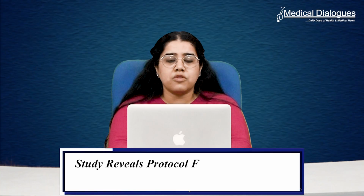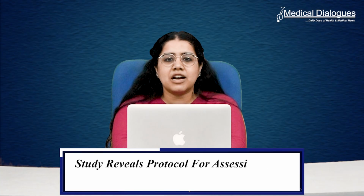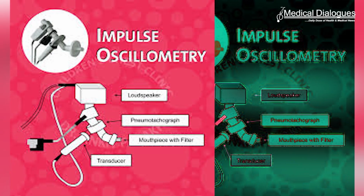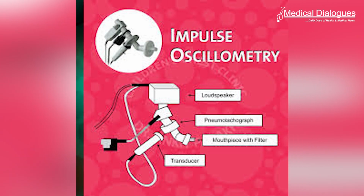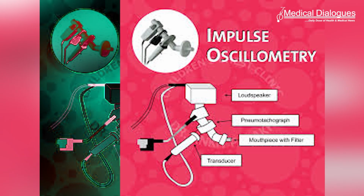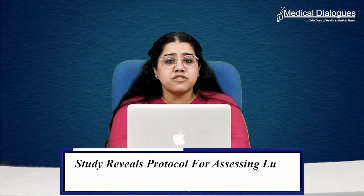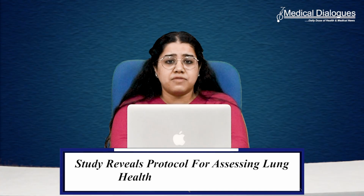Study reveals protocol for assessing lung health in preterm infants. Existing methods to evaluate lung function in premature infants, such as spirometry, are limited by the need to perform forced exhalations, while impulse oscillometry, a non-invasive alternative, permits the measurements of lung respiratory mechanics without requiring forced expiration. There has been no report of an effective multicenter study design utilizing impulse oscillometry to assess the lung function in